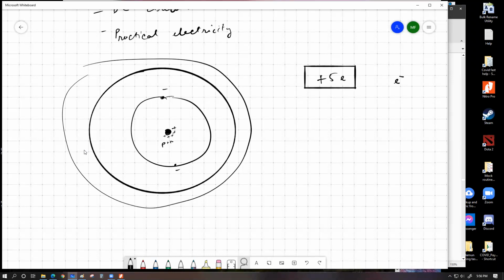We always prefer to talk in terms of electrons. So if an object has a charge of plus 5e, we say this object is lacking 5 electrons from its natural neutral state. And then to neutralize the object, or to make the object come back to its neutral state, we have to feed this object 5 electrons, and that can bring the object to its whole neutral state